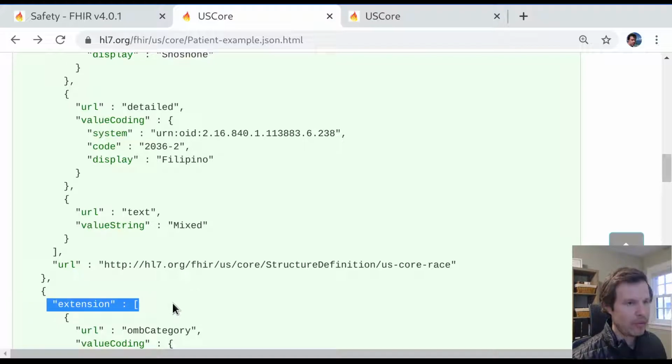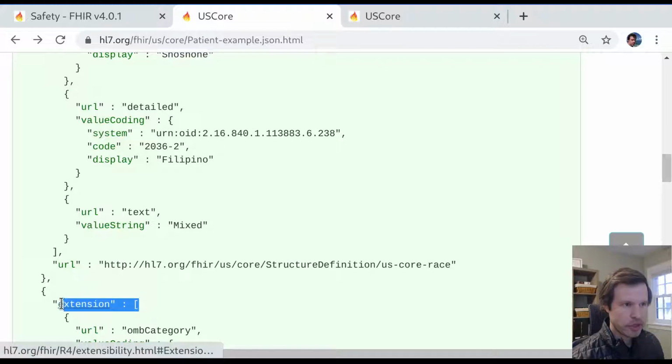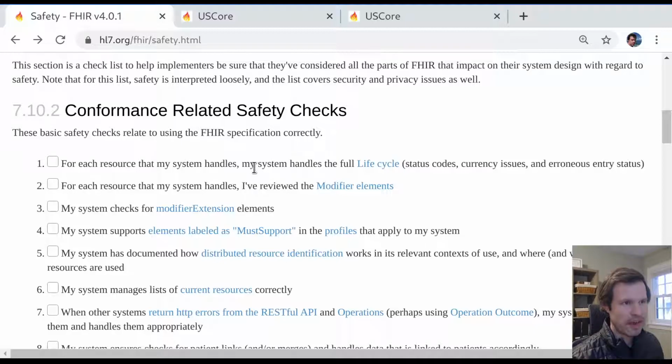Now, why am I harping on this? Because it's also possible to provide modifier extensions, and those will show up with the word modifierExtension here instead of the word extension. And the idea of a modifier extension is something that can fundamentally change the meaning of the data, like what we looked at with the immunization record. And a modifier extension needs to be documented in a particular way using a special keyword of modifierExtension